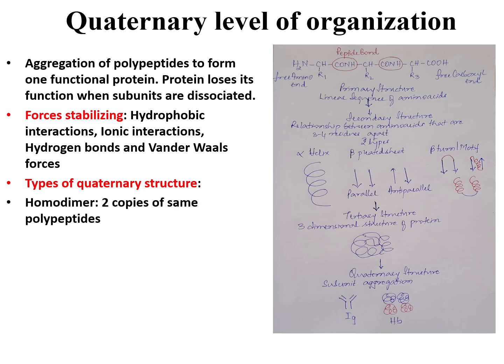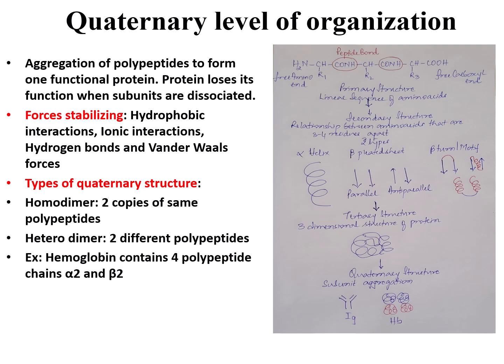Coming to types of quaternary structure, they can be homodimer, with two copies of the same polypeptide, or heterodimer, with two different polypeptides. Examples include hemoglobin, made up of 4 polypeptide chains, 2 alpha and 2 beta. Immunoglobulin contains 2 light chains and 2